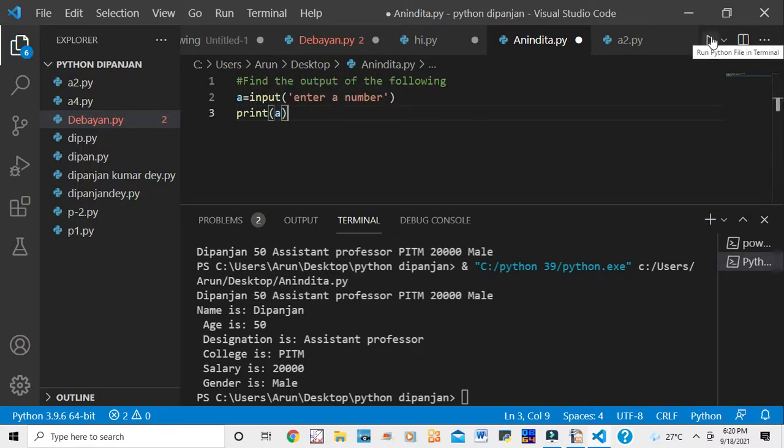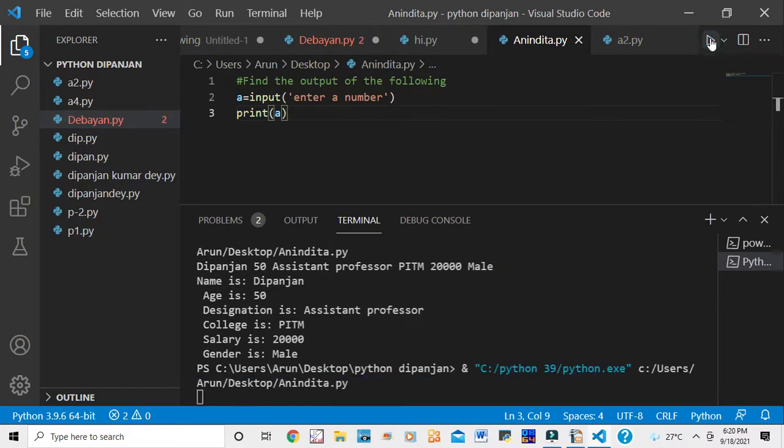Now I want to run this. It is already saved in anindita.py, because I already made a file in the name of anindita.py. Now I am running by going to the run button. I am pressing the run button. You see, they are asking to enter a number. So suppose 76.